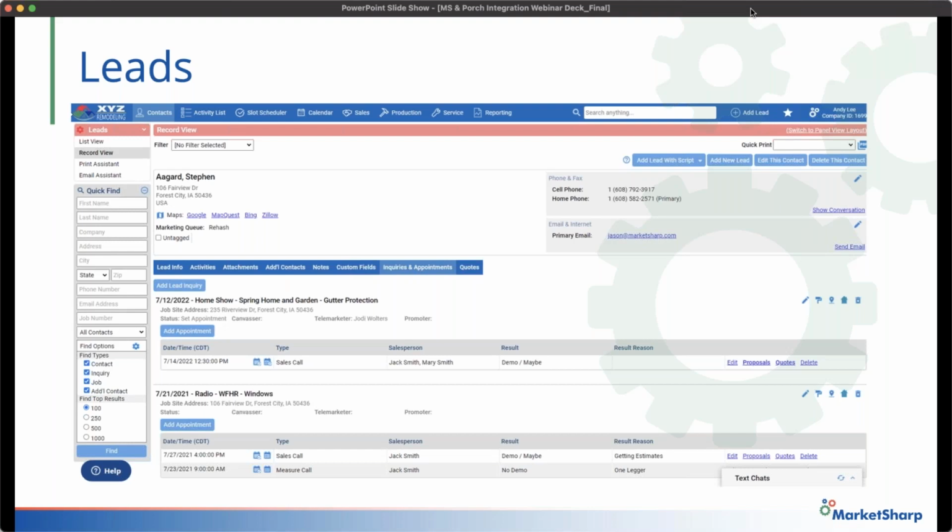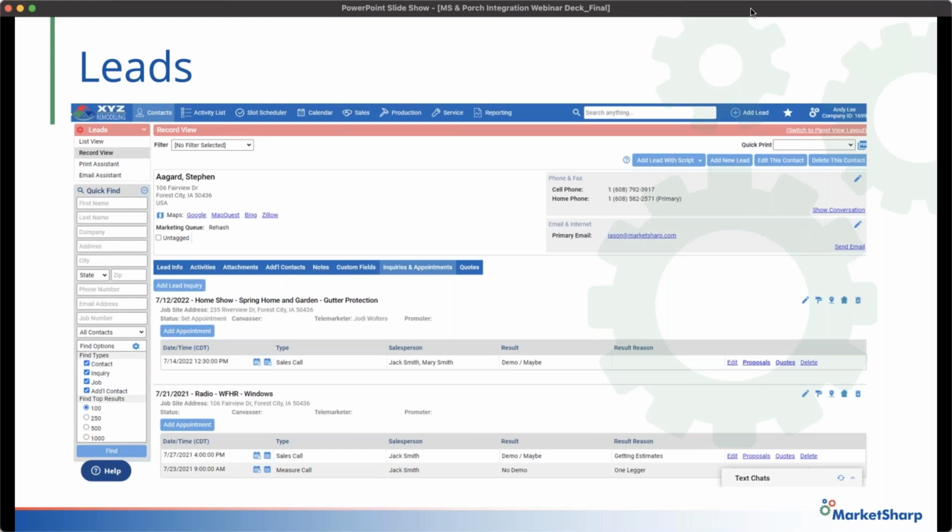Below that, we can see the appointments that were scheduled and who, as a salesperson, was running that. Now, where MarketSharp again comes into play with this is that results in our database can trigger automation. This can be those crucial steps to make sure that in no place along the way have we let a lead slip through the cracks. Process building is definitely something we pride ourselves on, right out of the gates with our onboarding. And of course, we have our unlimited support teams to build that with you as well along your journey